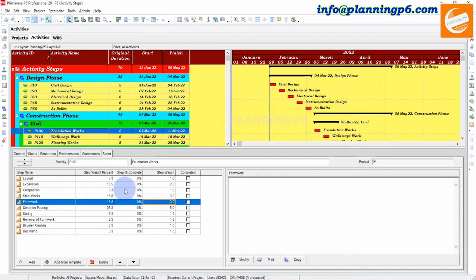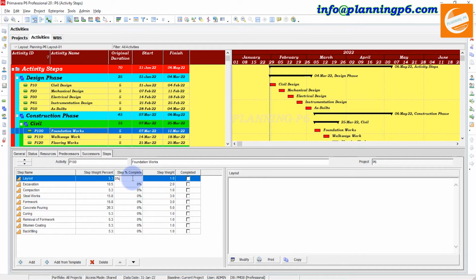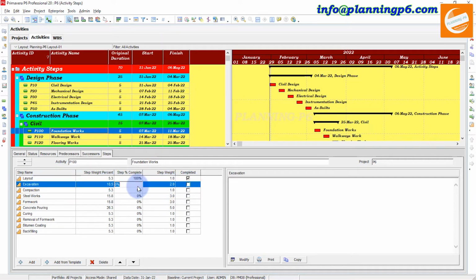So now how will we complete this one? Suppose this one is 100% completed, then it will show as completed here. Or suppose this excavation is 50% completed; when you are updating, update it as 50%, and it will not be completed. If you click here, it will automatically become 100%. This is how you can manage activity steps